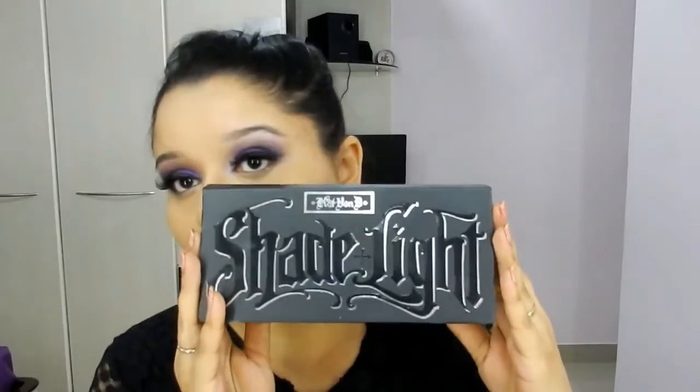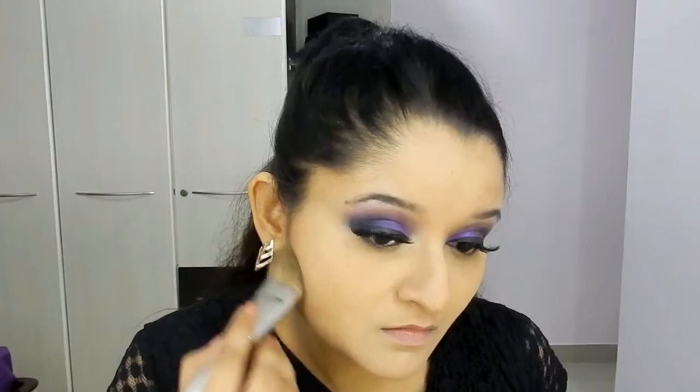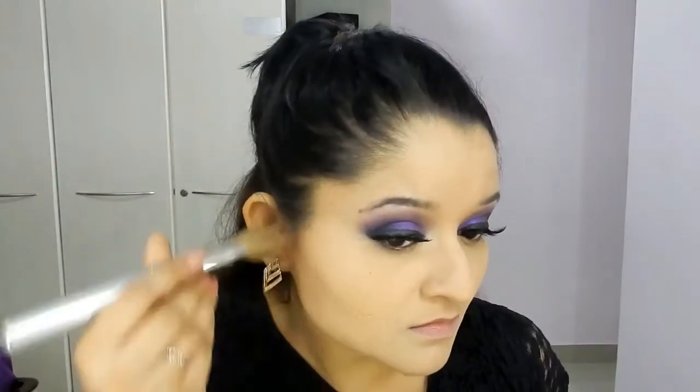I'm going to use the shade Somber from the Shade and Light palette by Kat Von D, and I'm using an angular brush to sculpt out my face. Now contouring with powder products on top of powder foundation is very easy, and if you don't have a contouring palette or a contouring kit, then you can always use a foundation or a compact which is 2 to 3 shades darker than your